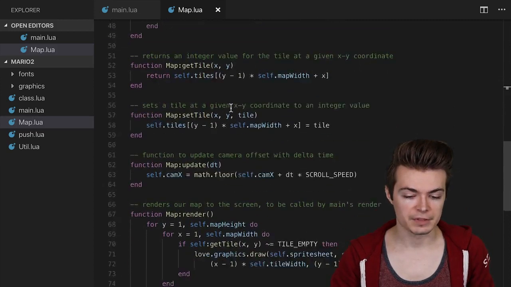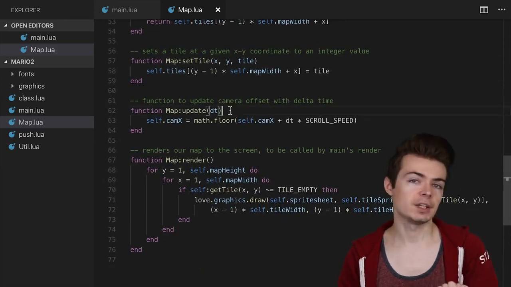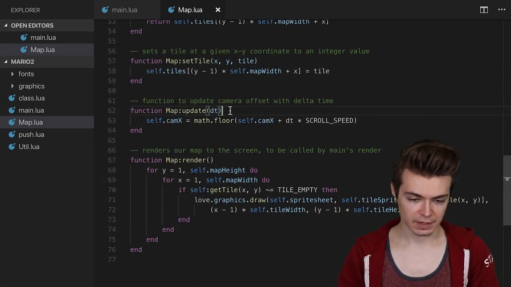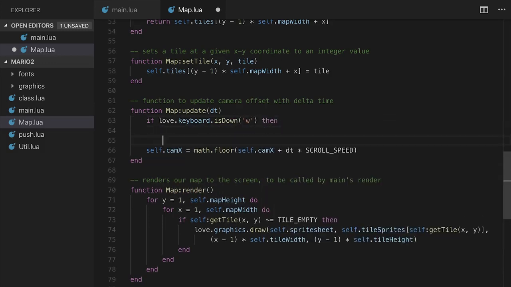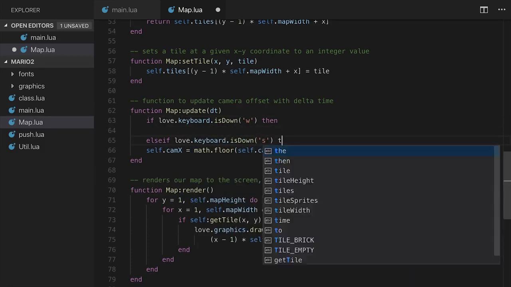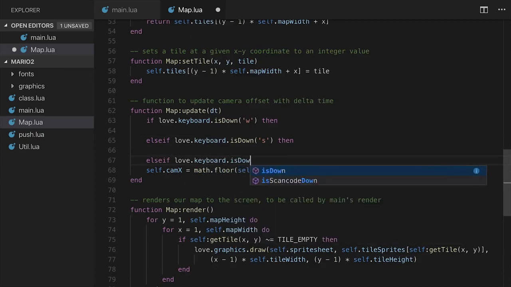So I'm going to go down to update, and this is where I want to have this actually happen. Now remember, we have the love.keyboard.isDown function to make this possible. So I'm going to say if love.keyboard.isDown, and we'll just use WASD for this. So W, and then we'll say else if love.keyboard.isDown S, else if love.keyboard.isDown, actually W, we'll do A, S,